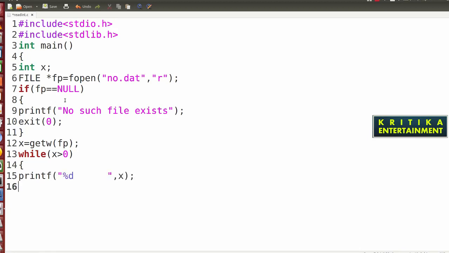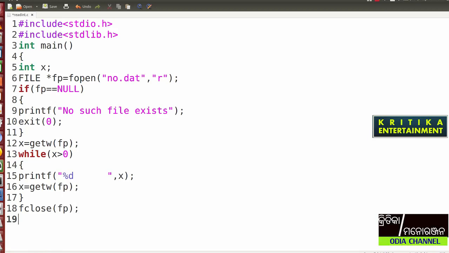Then after reading this number, the next value from the file will be read. So I will copy and paste the same thing for reading the next number. After reading, it will close the file pointer fp, then close the main function.